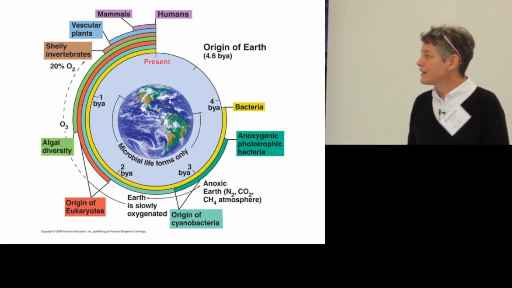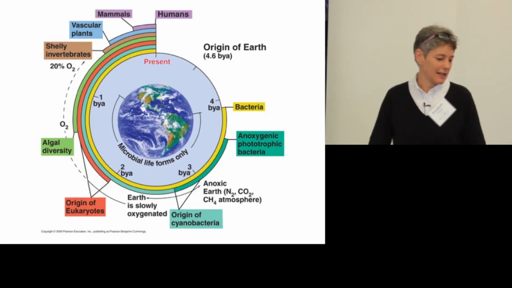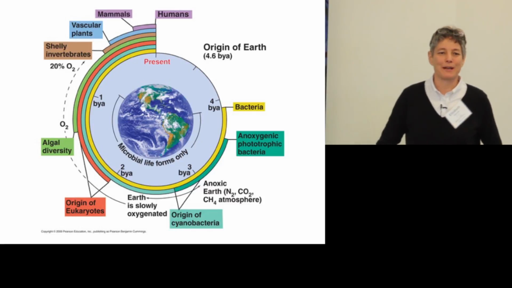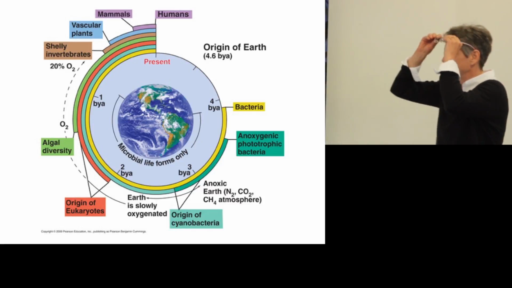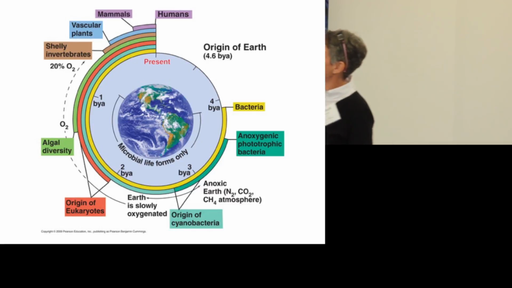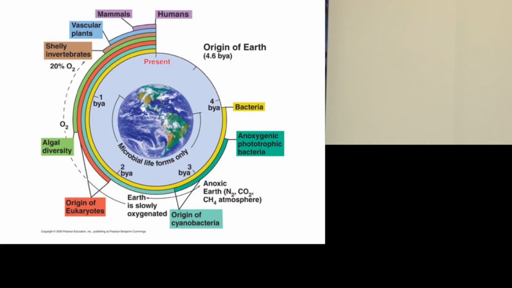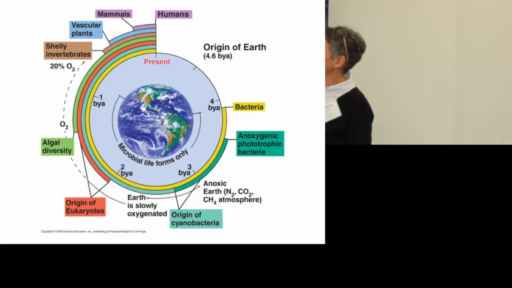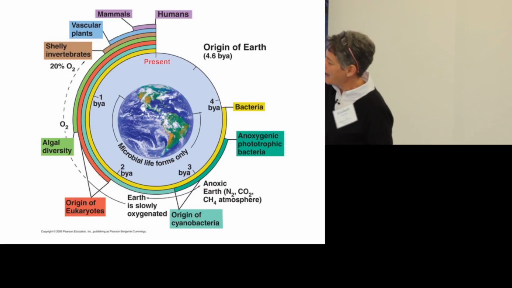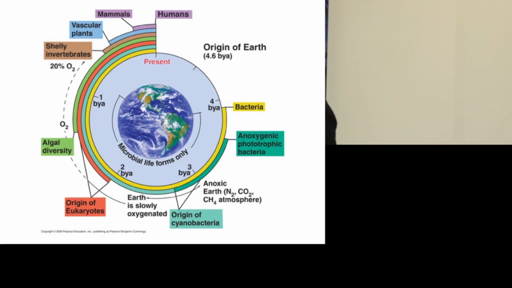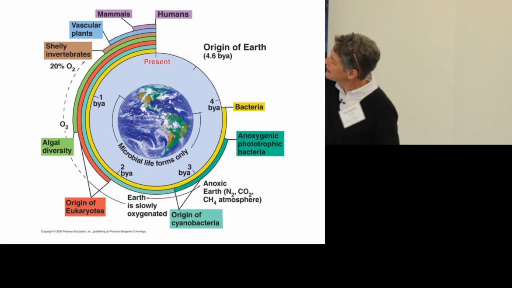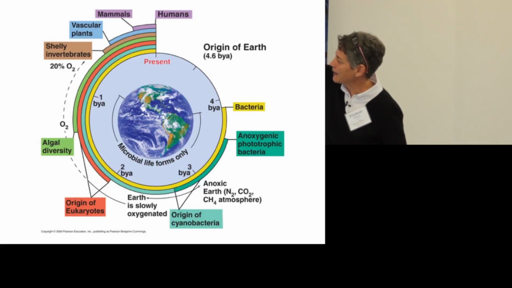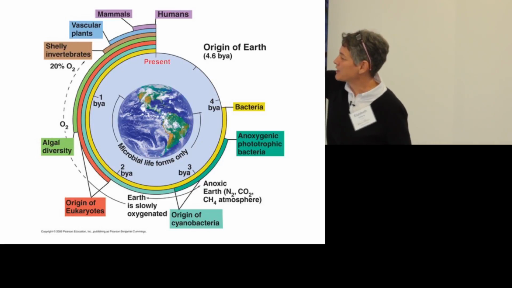And so this is one of my favorite figures. It comes out of a textbook, actually, in environmental microbiology. And so what we've got here is a clock, okay, that starts here, actually, origins of the Earth at 4.6 billion years ago, and then all the way to the present. Okay? And so the earliest evidence that life might have begun is maybe 3.8 billion years ago at this point. And so that's where bacteria might have first evolved.